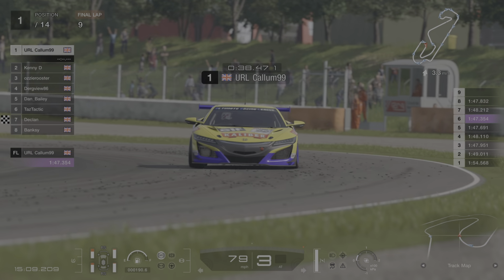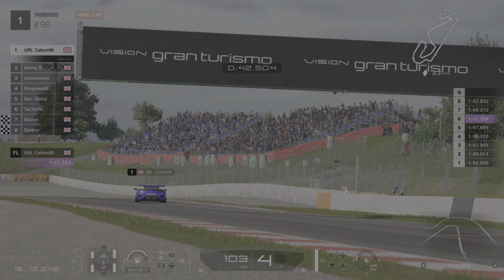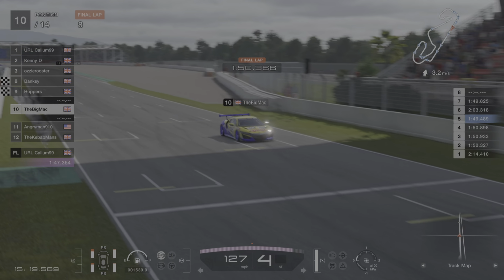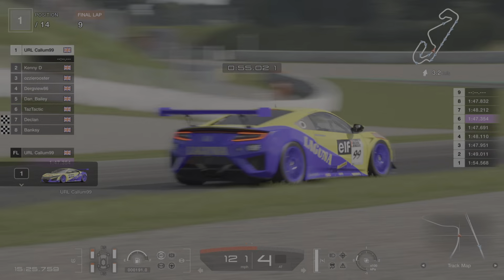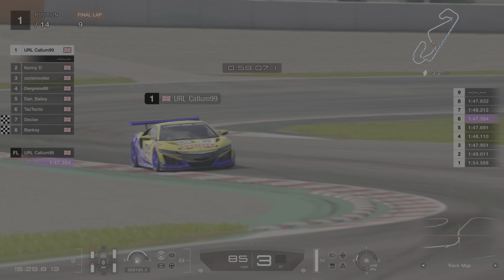So actually Declan finishing in 7th place. Banksy will be 8th. Hoppers is going to finish 9th place. Big Mac will take that 10th place. Angry Man will be 11th. Kebabmans will be 12th. Max 13th. Nath 14th. And then Callum,